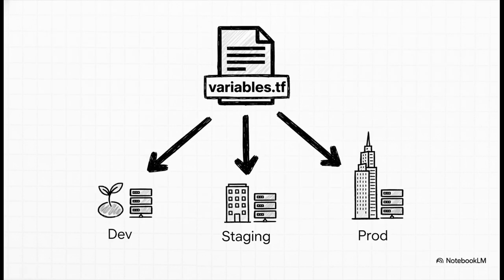All right, variables.tf. This is how we make our code reusable and not a mess of hard-coded values. Notice that the environment variable has no default value? That's a deliberate safety trick. It forces whoever is running the code to explicitly say if they're building in dev, staging, or prod. Now, check out instance_type. That's a map variable. It lets us define different server sizes for different environments right here, so we can just look up the right value in our code. It's super clean and really adaptable.